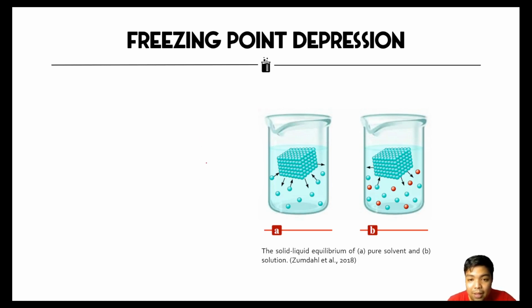So that means that some of the liquid molecules aggregate together to form a solid, and some of the molecules that are in the solid break away to form liquid. So they occur at the same rate. Now, if you add a non-volatile solute in the liquid portion of this solid-liquid equilibrium phase here, what will happen, since they will exert